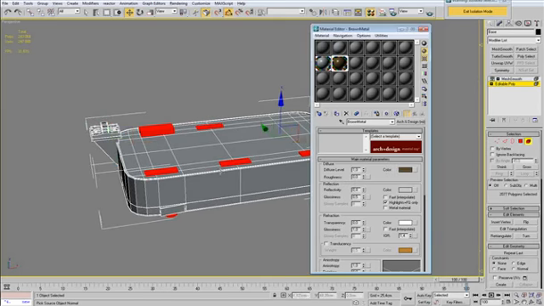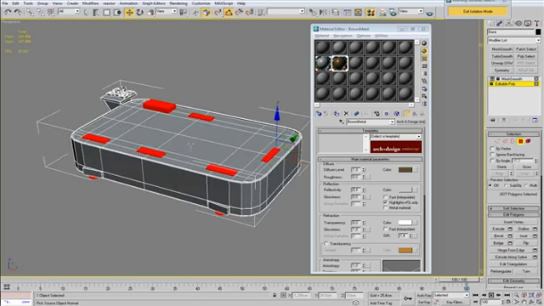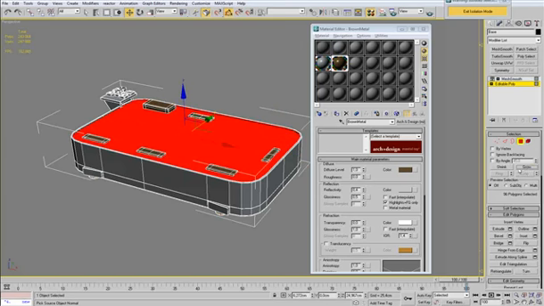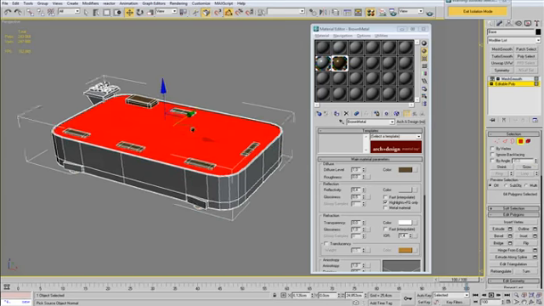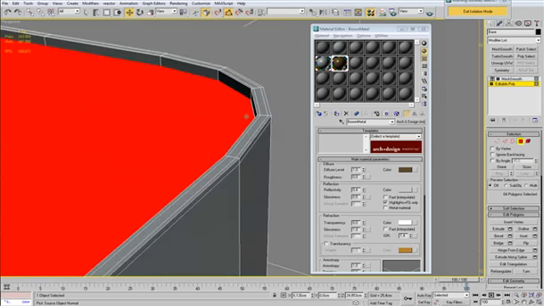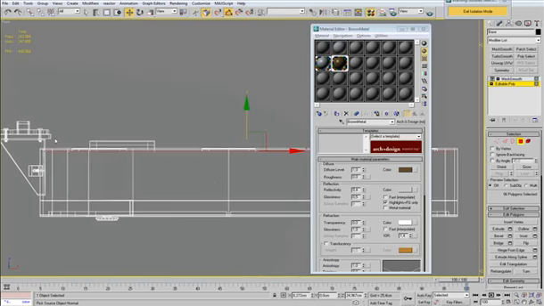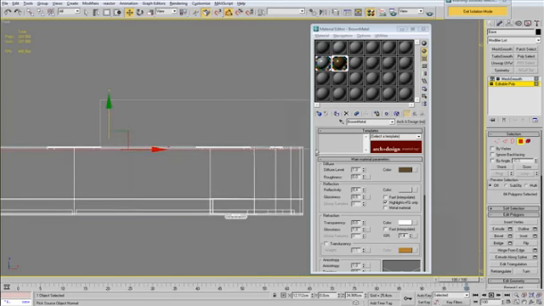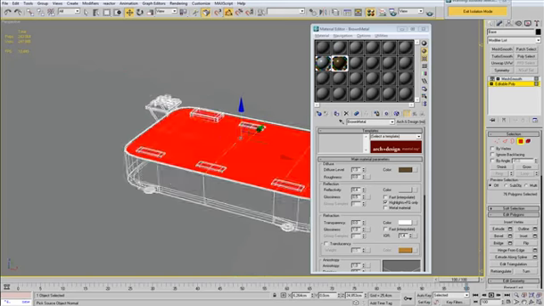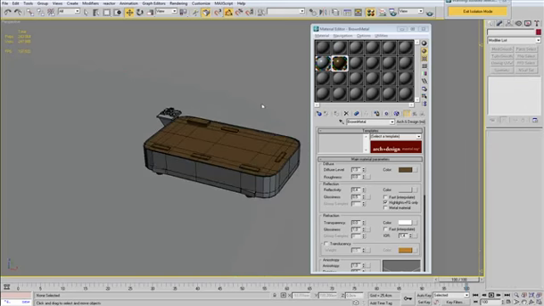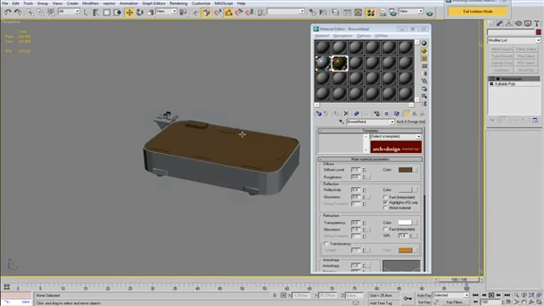I'm just selecting those elements here. I'm going to put the brown material on them. Also, I have to select this base here of the mesh, but not the sides, only the base. So I'm just deselecting the side parts. Okay, and I'm going to assign the brown material,